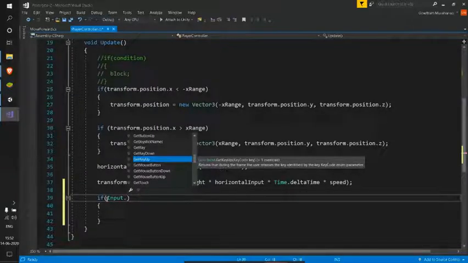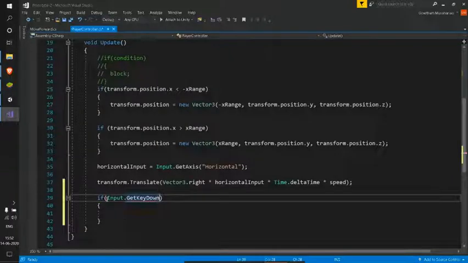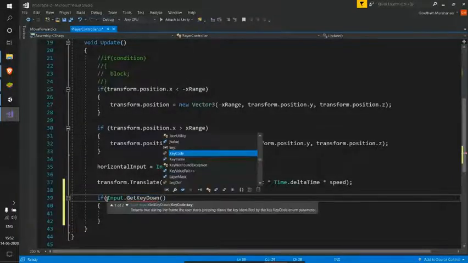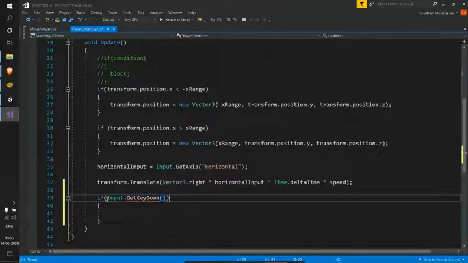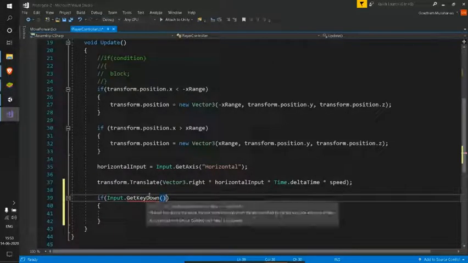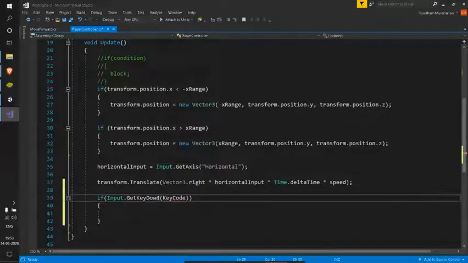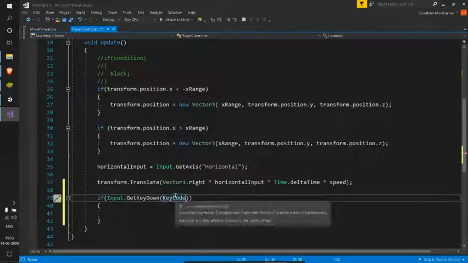So in this case let's use the get key down and see what it requires. This get key down method needs a key code. To give the key code, let's use KeyCode, which is an enum. You need not know what an enum is, but remember this KeyCode just maps all the physical keys on our keyboard to some values such that it recognizes them.